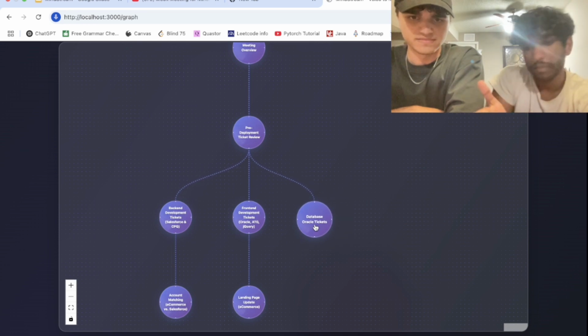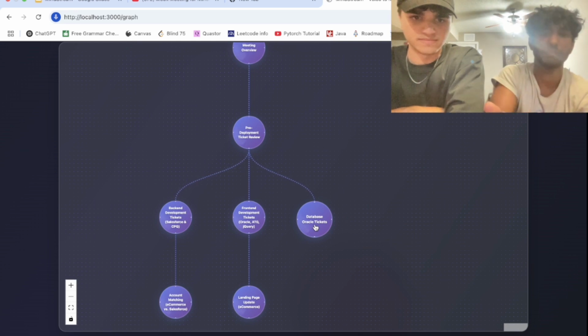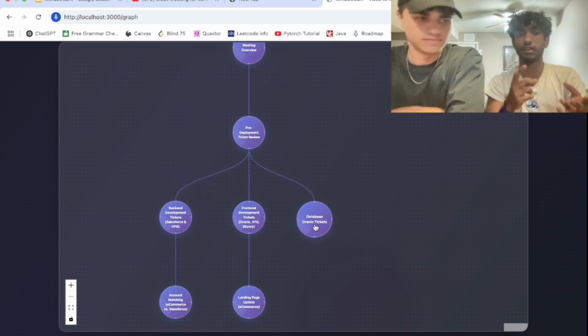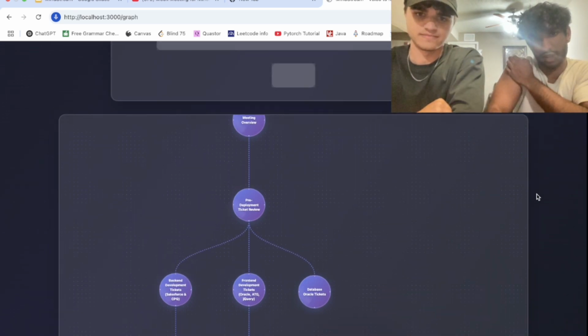And for anybody that missed the meeting or had trouble during the meeting, they can just look at this mind map and get a simple overview of the action items, what they went over, and an understanding of what the meeting was about. So that's the first LLM.